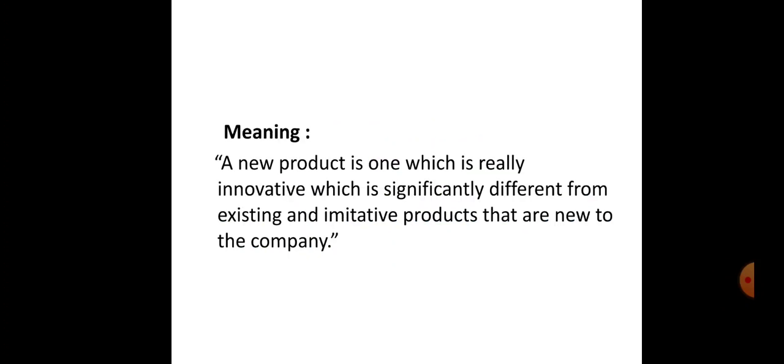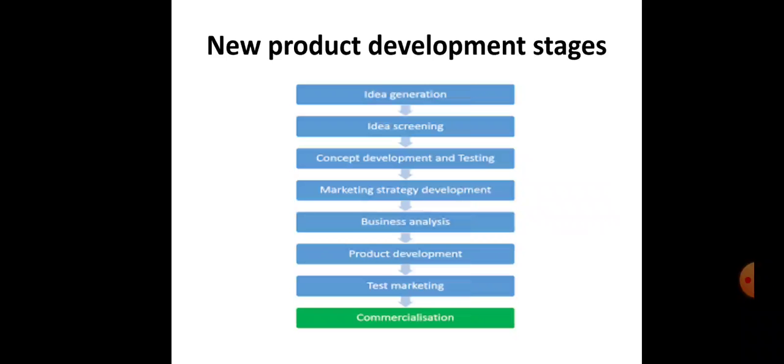Students, if a company wants to be successful in the long term, it has to engage in the new product development process. To introduce new products and satisfy its customer needs, thousands of new product ideas enter into the process, but only a few reach the market. Therefore, it is very important to understand your customers, market conditions, and competitors who are offering the same type of products. Every product goes through various steps of the new product development process. Look at this diagram, which shows the different stages of product development.